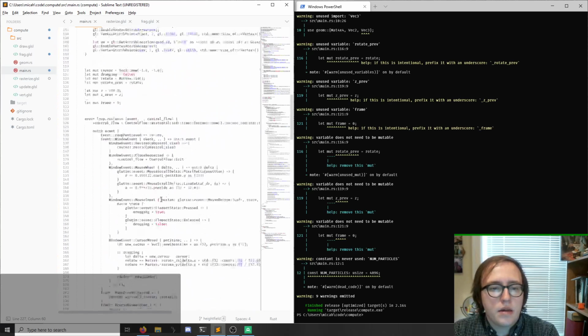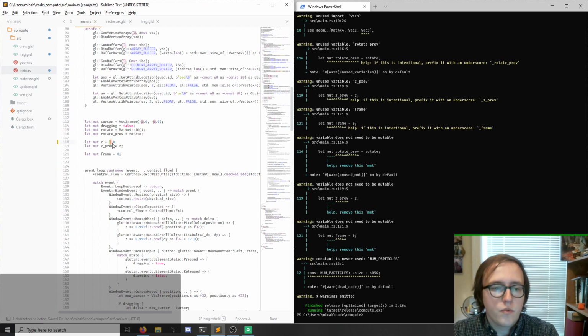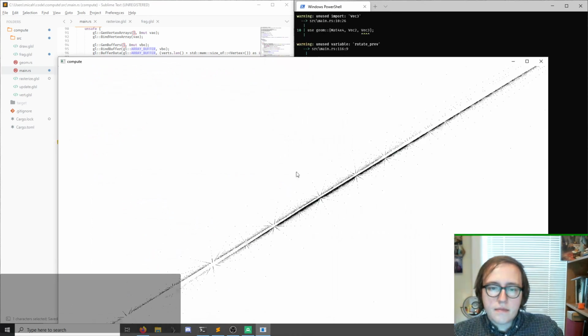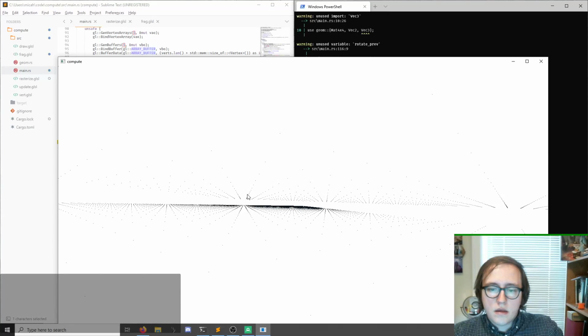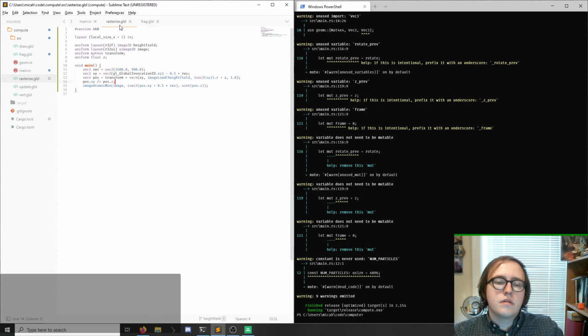Yeah, I need to change my z values to be like 1. Although then when I write it into the z buffer, I need to multiply it back by something. So like